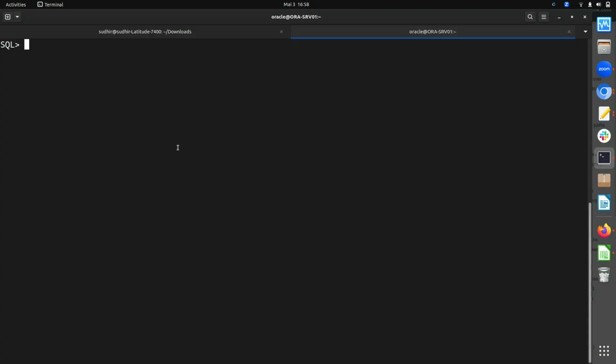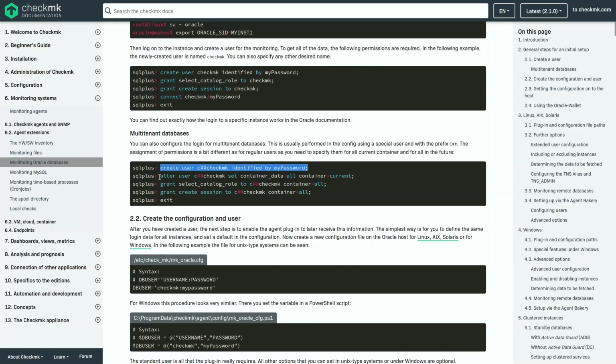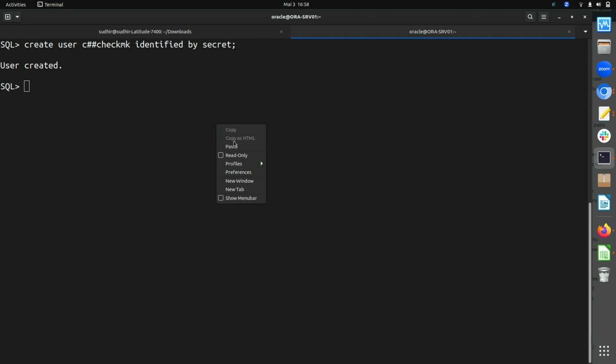And now go to the Oracle database. Let's copy this, replace it with a password. I'm keeping the password as secret. And then we can copy the other commands, which say alter the user c##checkmk set container data all.